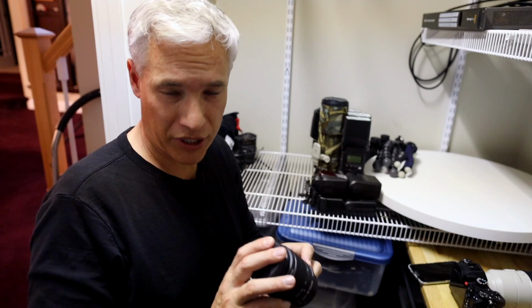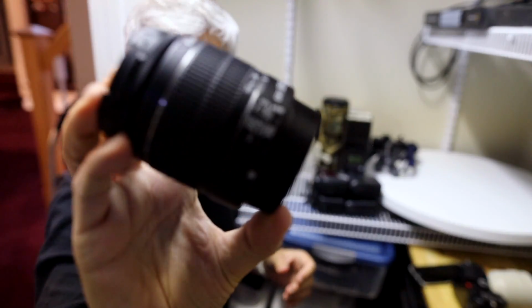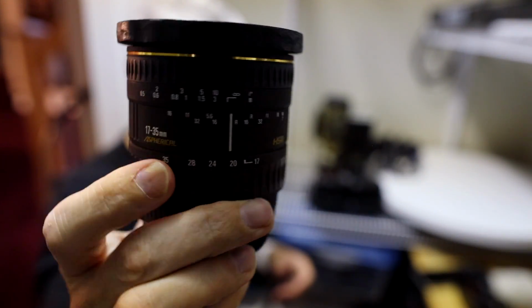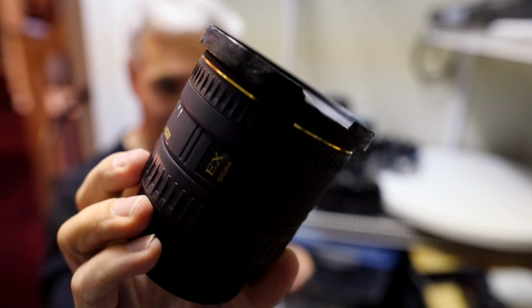really good value. Speaking of terrible kit lenses, the Canon 18 to 55, fine. It's fine as your first lens. It's fine. Oh my god, I took so many landscape and star shots with this Sigma 17 to 35 f2.8